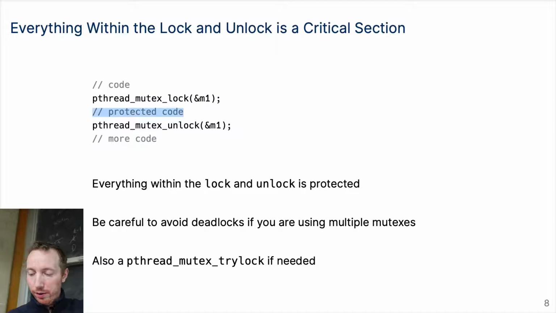So this code is protected, so if multiple threads came and made it to this lock call, what lock guarantees is that only one makes it past that call. So you don't have any data races because there's only going to be one thread in that protected code at a single time. So only one thread will be between the lock and unlock. So as soon as you call pthread unlock, that means, hey, this thread is done with the lock. Another thread can go ahead and enter that protected code, right? So everything between lock and unlock is protected. Only one thread can be running that protected code at a single